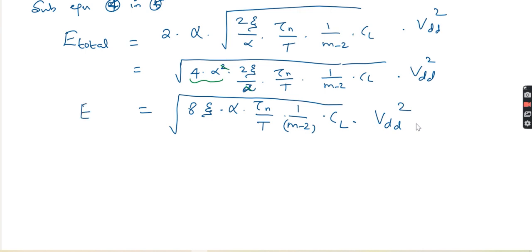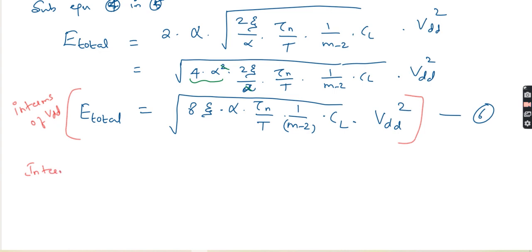So this will be the total energy, equation number 6, in terms of VDD. Same we need to write in terms of